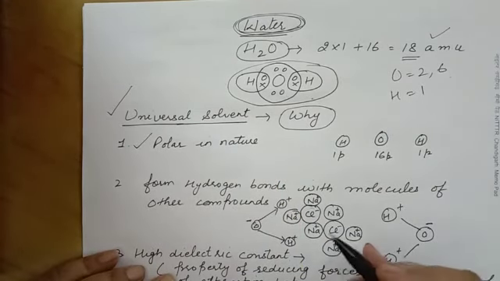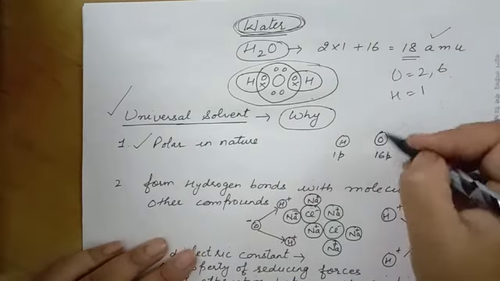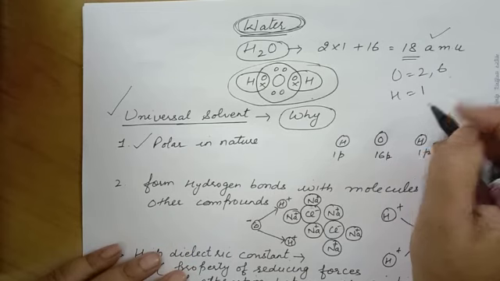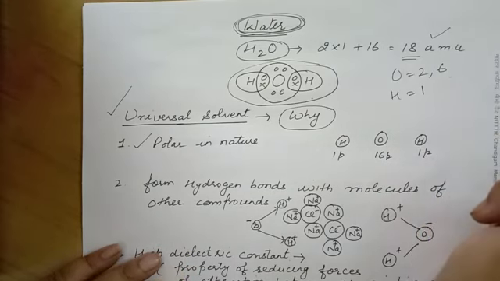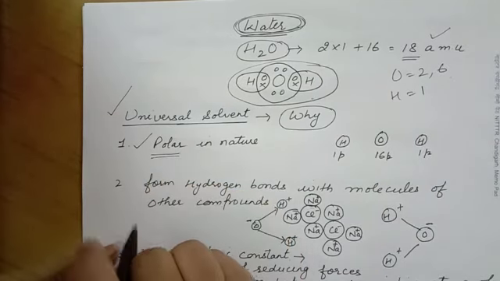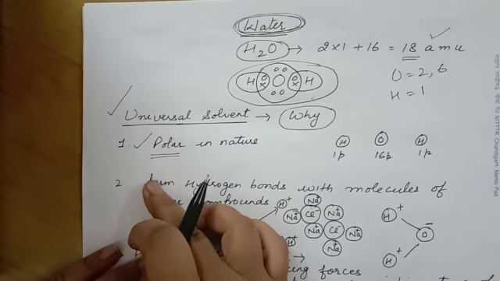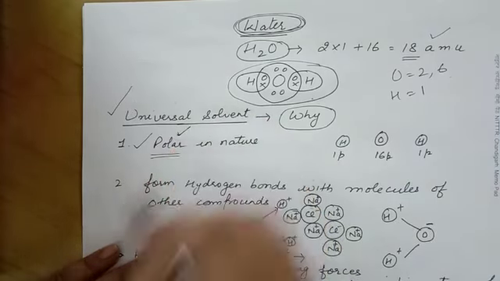Now students, in your syllabus you have just chemical bonding. Now further in class 10 you are going to study we have two types of chemical bonding. One is non-polar covalent bonding and the other is polar covalent bonding. Today I am going to make you understand about the polar covalent bonding, as water is polar in nature.